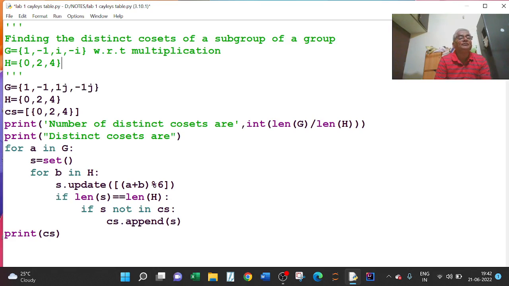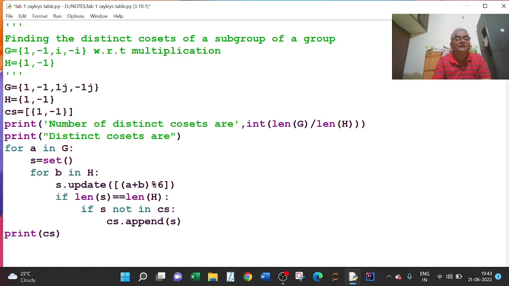And I will take the subgroup of this, 1 comma minus 1, which is a subgroup. So here I have to change H to 1 comma minus 1. Whatever we take as H, first we have to put it here. The number of distinct cosets will be the same. Only thing I have to change is the operation.